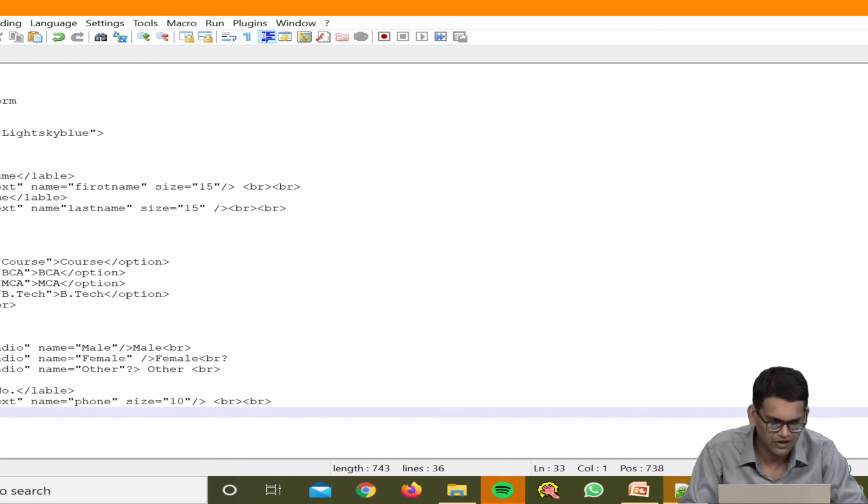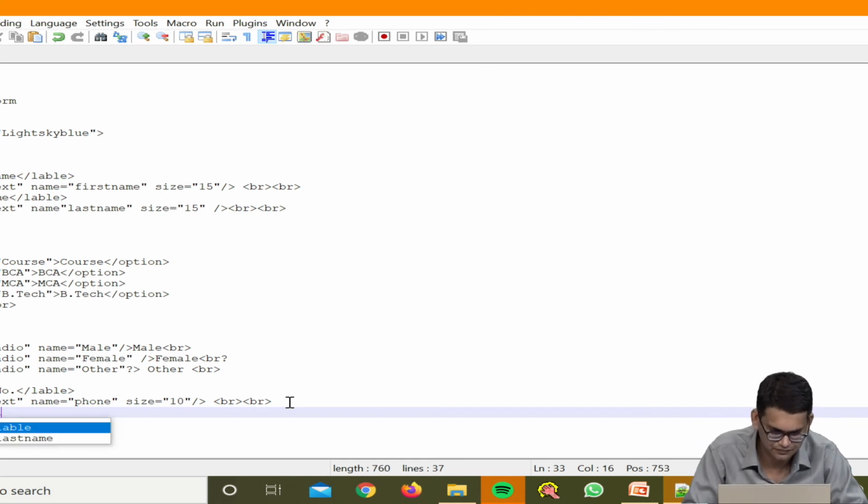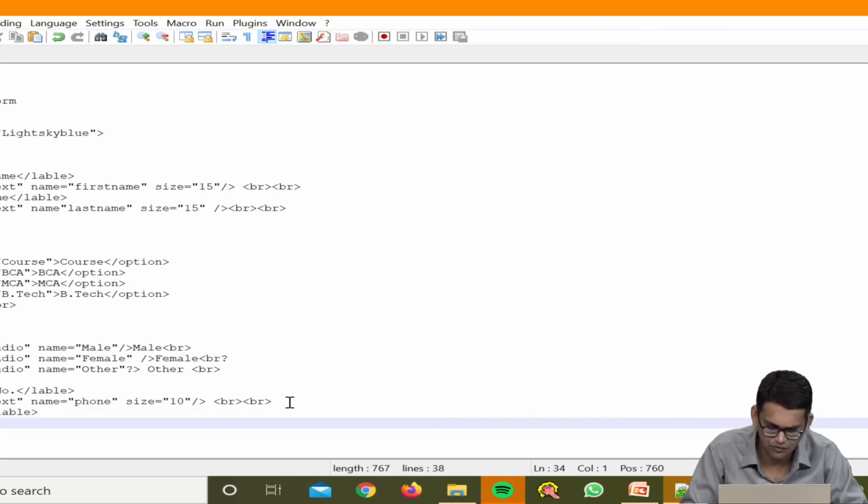Now we are taking the email address. Similarly we need to add a label, it will show email. For email, HTML already has a type named email, so type is equal to email, input type.